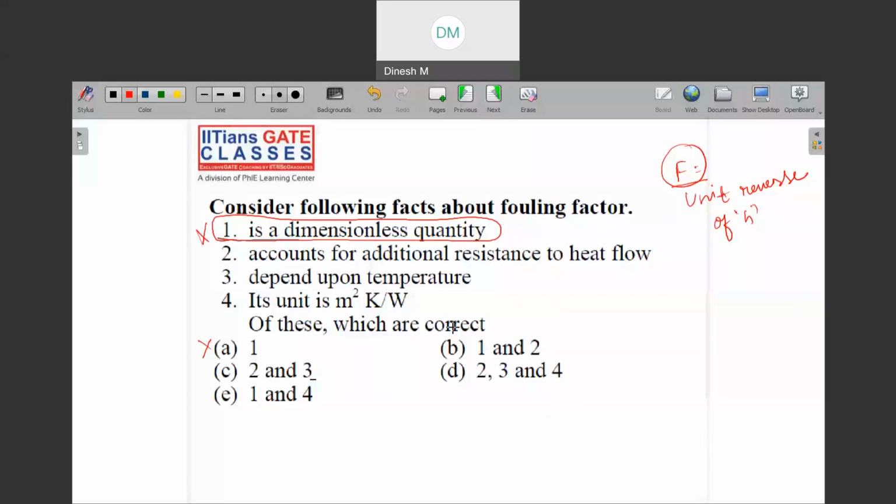Without even reading the second and third statements, looking at the options, I can say that either option C is correct or option D is correct, but both options contain the second and third statements. That means the second and third are automatically true. Then I will only read the fourth one, and then I will just